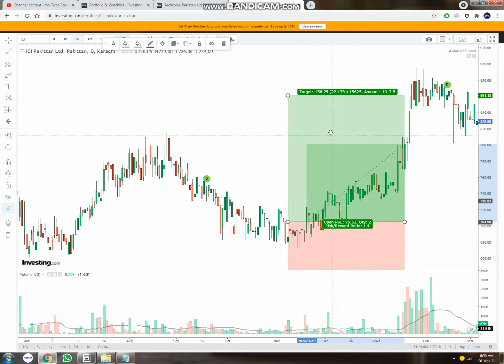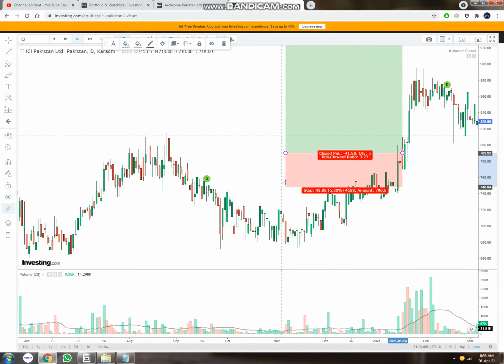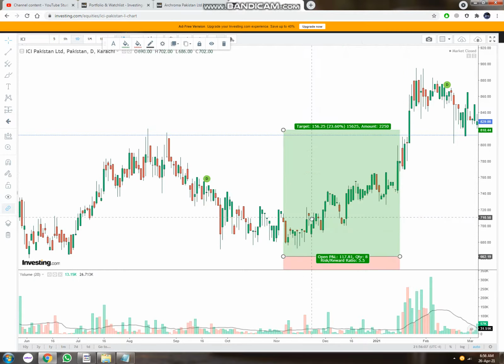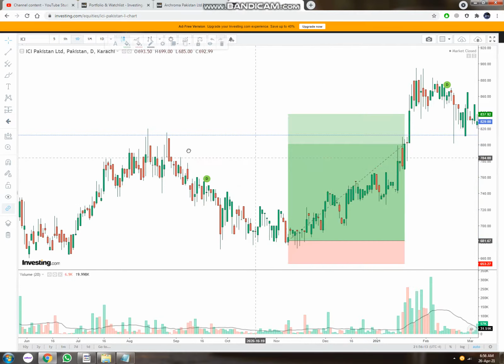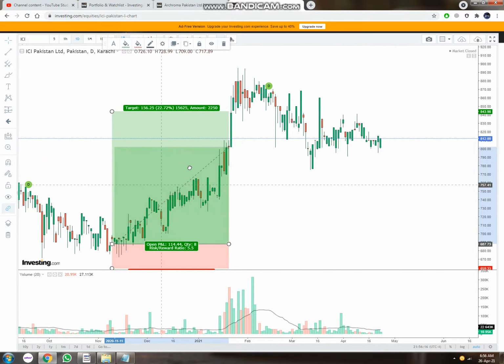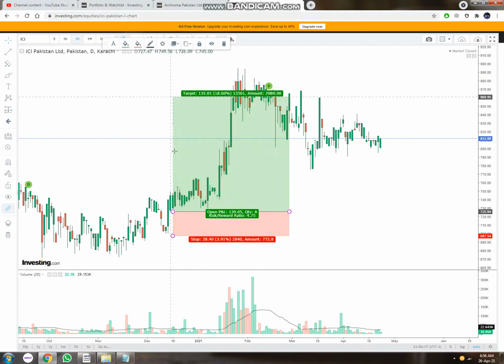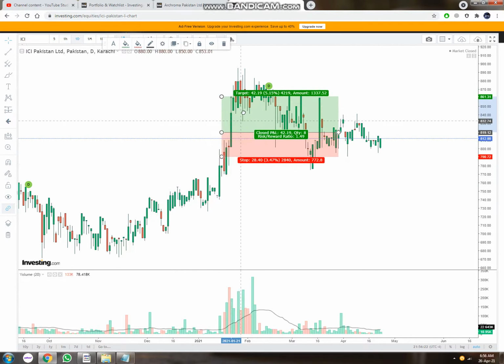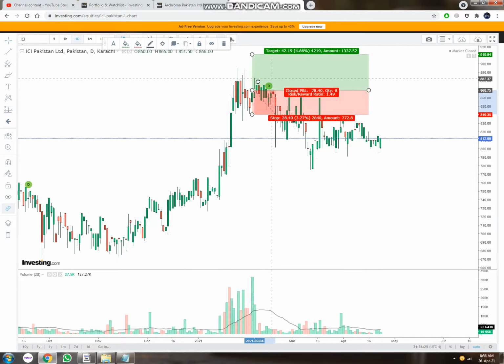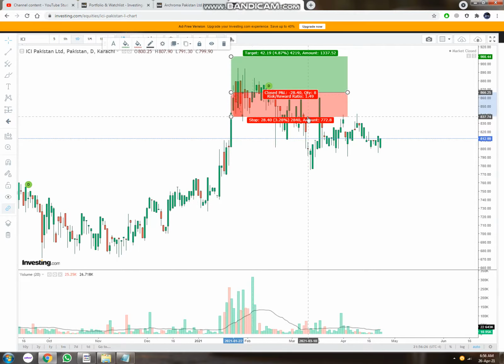I'm only explaining to you guys how to use stop loss. This is also a great tool for calculating your stop loss. You can see that it moves upward and crosses this trend line.